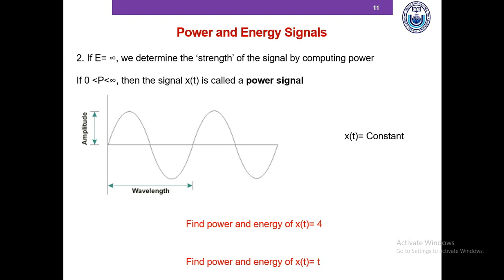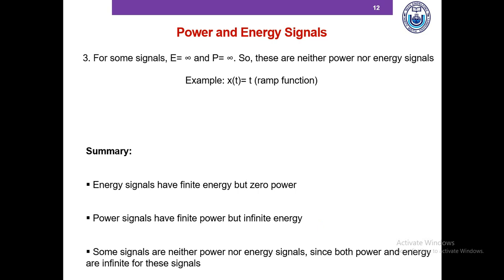Okay, so I hope you found that the energy is infinity and the power is also infinity. So what do we do about it? This brings us to an important idea. For some signals, energy is infinity and power is also infinity. So these are neither power signals nor energy signals. So x of t equals t, which is also known as a ramp function, is neither a power signal